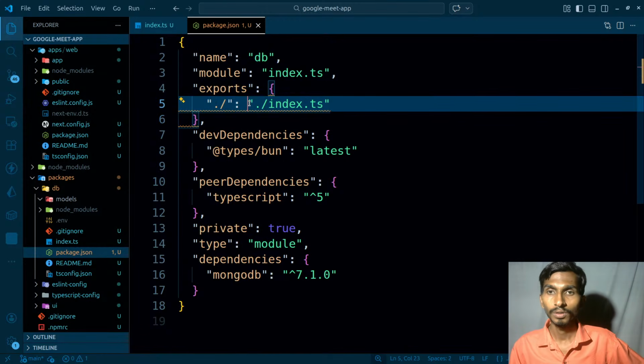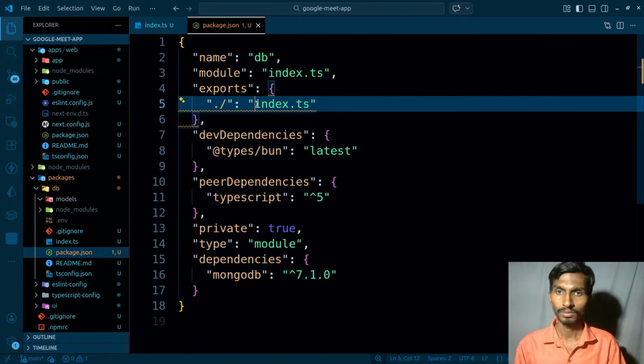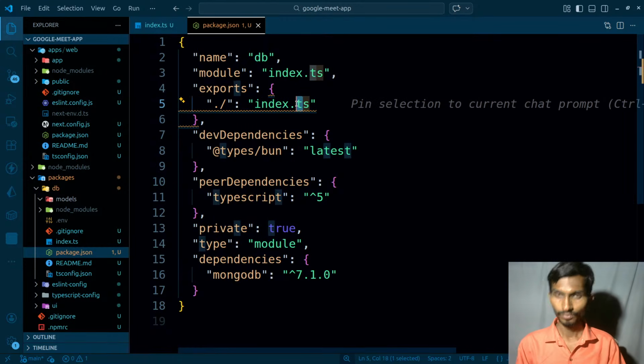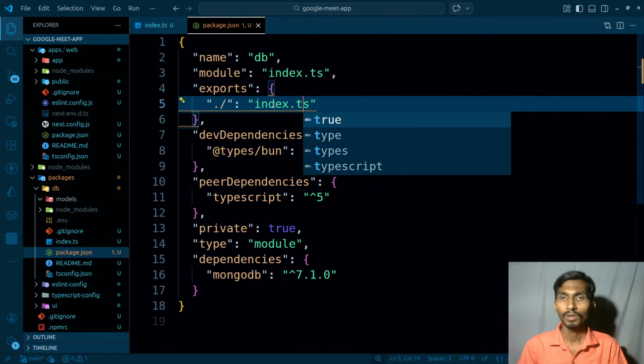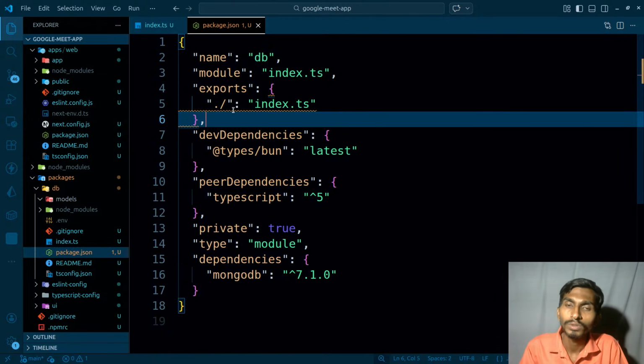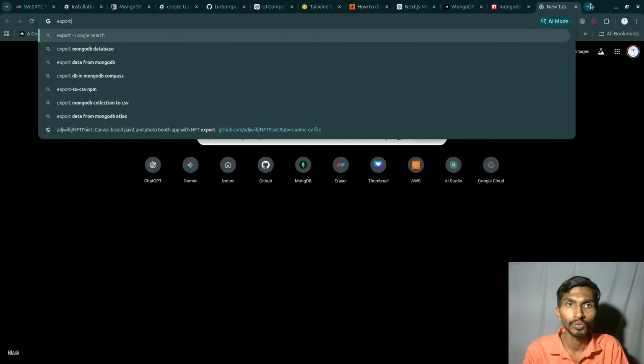So that's what I gave it. index.ts. I will have to go with ts only. So what is the problem here? Exports and what am I missing here? This is how we export, right? Exports in